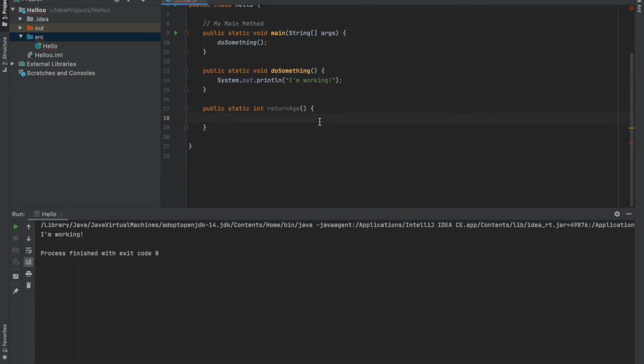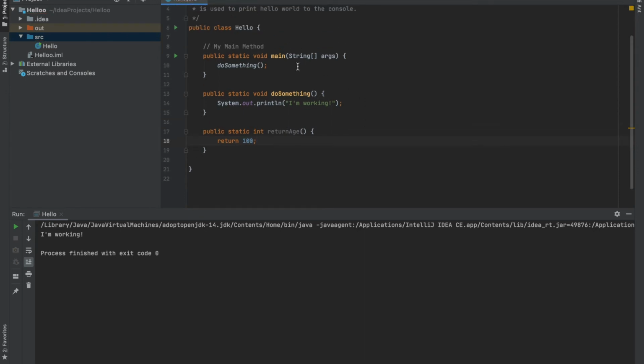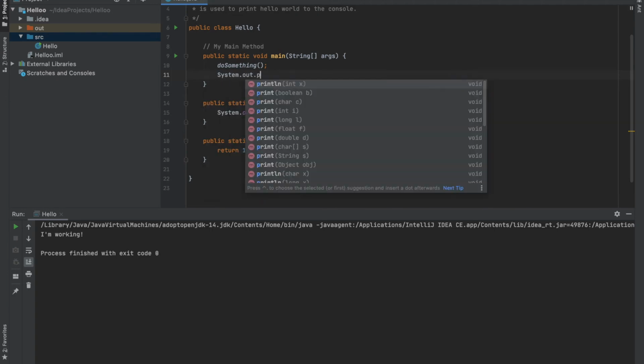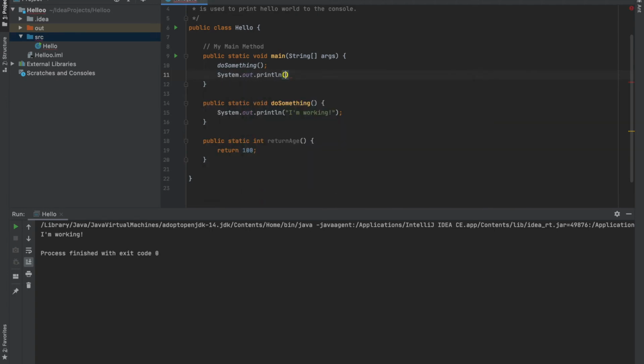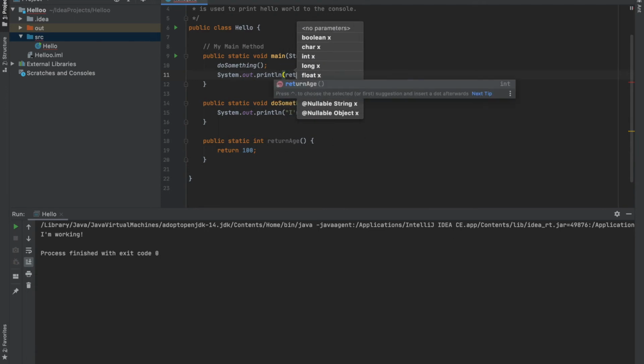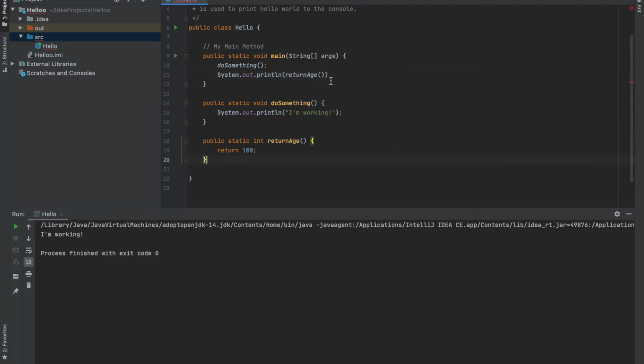And in this method, I'm going to write return 100. I'm going to save, and in the main, I'm going to do System.out.println, and inside this println method, I'm going to call my returnAge. returnAge, opening and closing brackets, and the semicolon goes at the end of the statement. So if I save and run this,